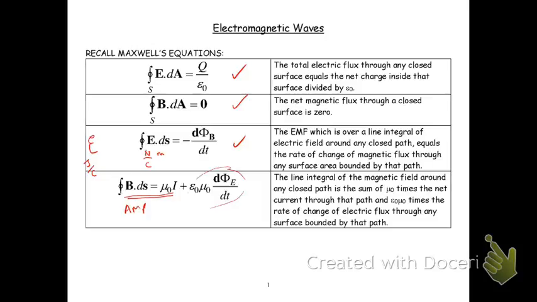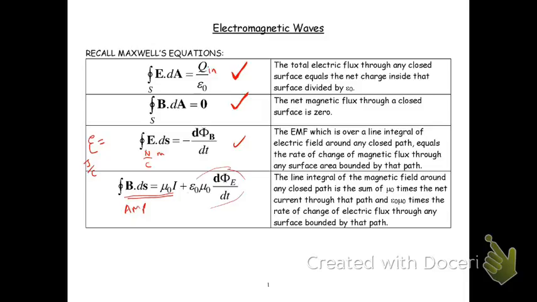So basically, just remind ourselves of Maxwell's equations. We have the electrostatic version of Gauss's law, which is interesting because it's Q inside over epsilon naught. Then we have the magnetic version of Gauss's law, which is not so interesting because the flux lines start in a continuous loop, so we never get a value other than 0 for this integral. And then we have the specialized version of